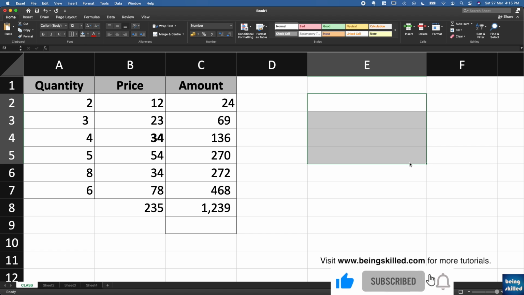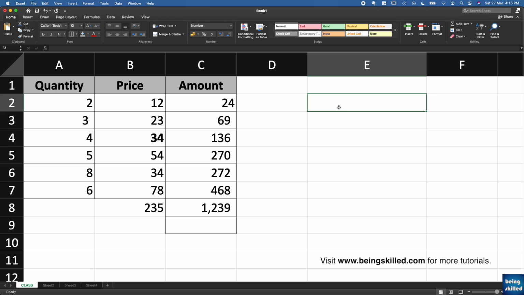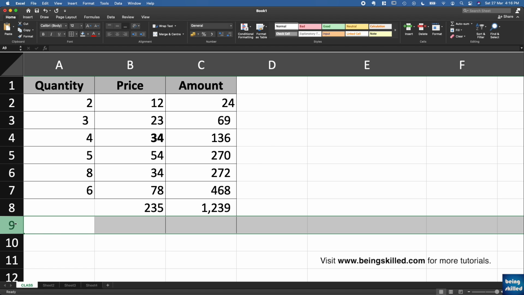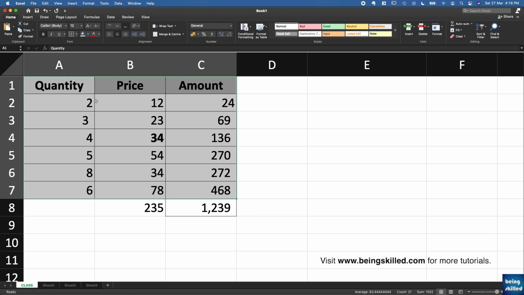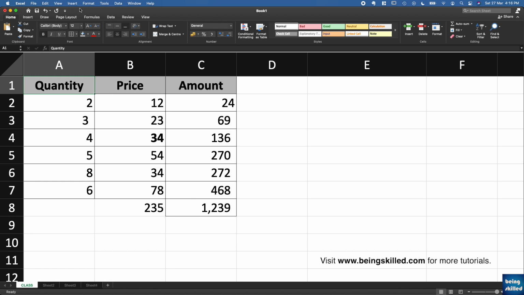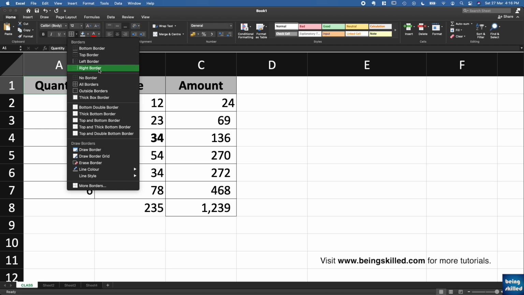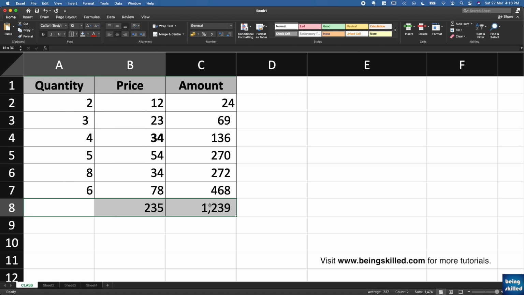So far we have played with the very basic functions and the mathematical operations. Now we have also learned how to beautify the table. For example, here we have these values, and we have implemented the border for these by using this, and here we have different types of borders. Like different locations of this as you can border, and we have selected all borders, and you can also border this, and you can even